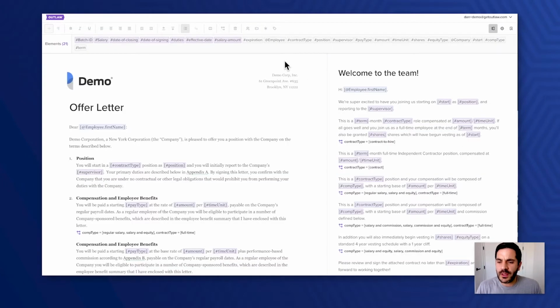So what we're looking at now is the Draft user interface. And what you're seeing is 3 distinct sections. Up the top, we have the top formatting bar, we have the contract here, and we have something very unique to Outlaw, which is the overview layer. And I'm going to go into detail of all these three.